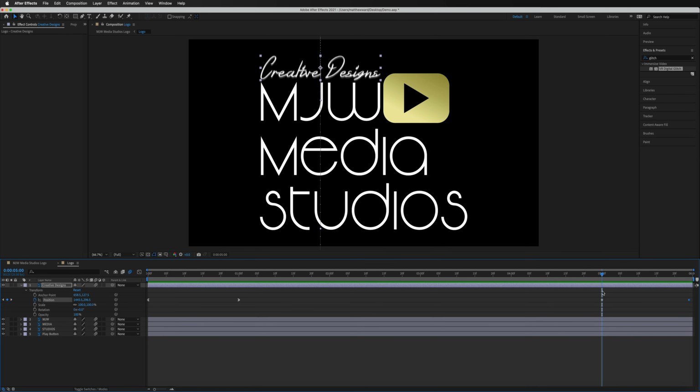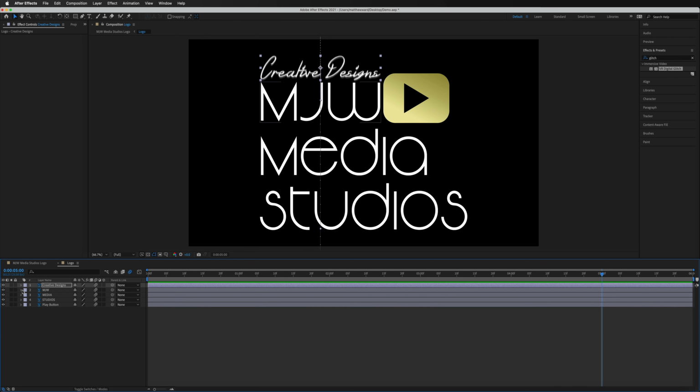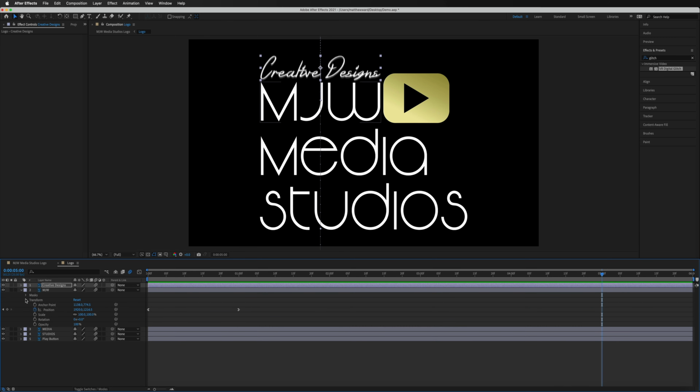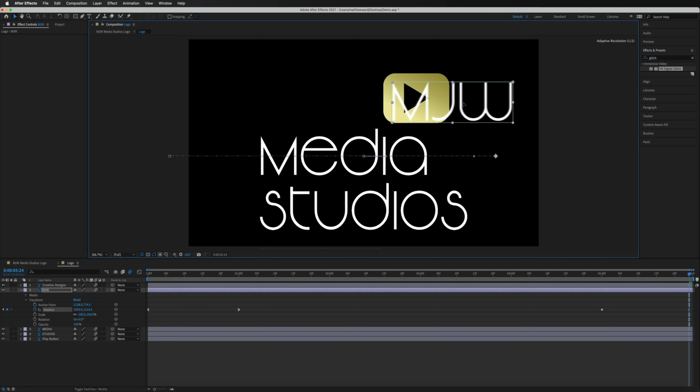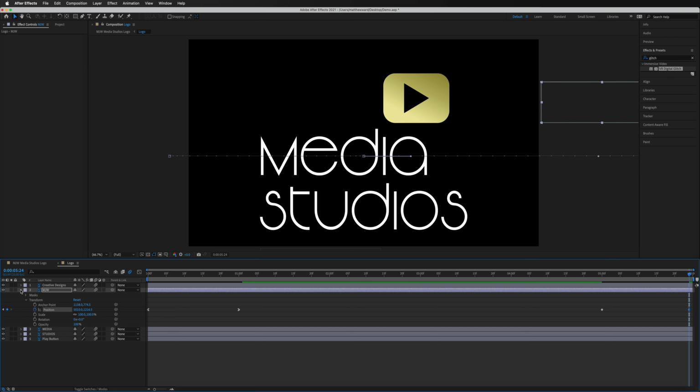It's going to be the same principle across the rest of the layers. So back to the 5 seconds, and now we're going to start opening up all of the other layers and applying the same effect. Once again, on our position, we want to create a brand new keyframe. So we select our little diamond, drag that all the way to the end, and decide which way we want the MJW to move. I think I'm going to have that go over to the left-hand side, so I'll drag that while holding down shift to keep it straight, and take that off the screen also.